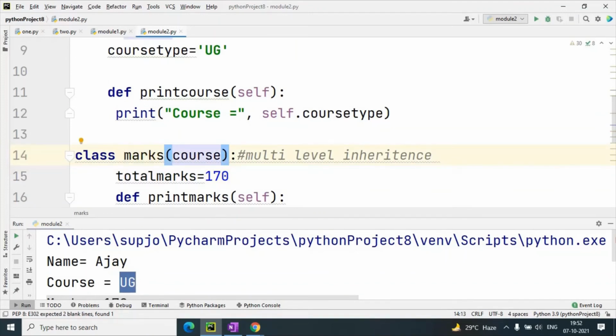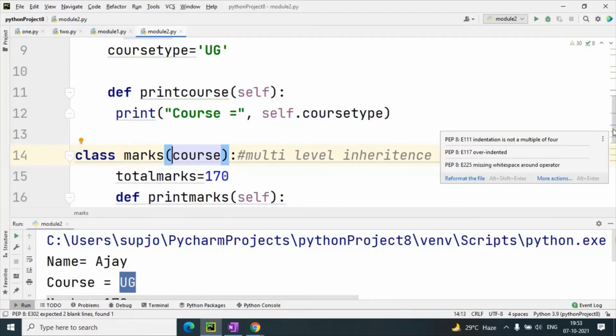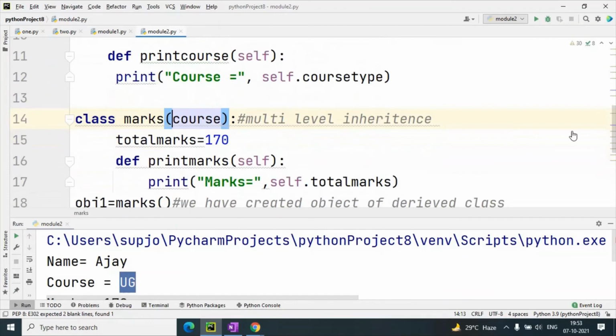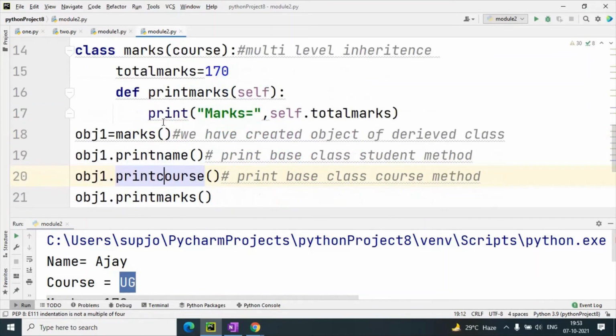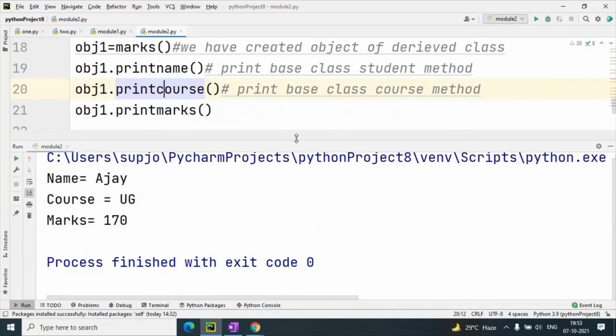So the course class is already a derived class which has the properties of its own class and the properties and methods of the student class. So for the marks class we have automatically acquired the properties of the base class student also, because the course class is a derived class which is already acquiring the properties of the base class, that is student. So the properties and methods of the student class indirectly became available for the marks class too, because this is working in terms of multi-level inheritance. This is working like multi-level inheritance. So when you execute this you can see the output Ajay UG 120.